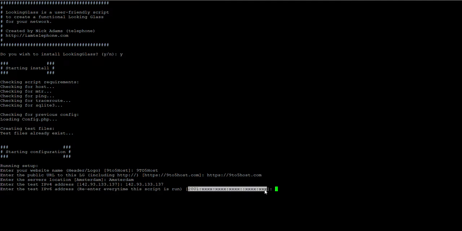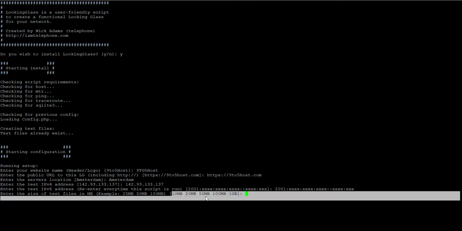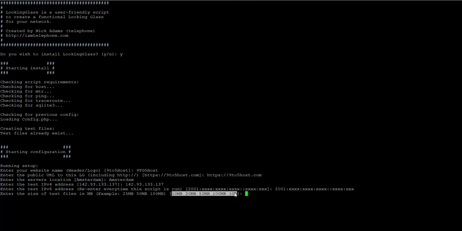If you are not aware of IPv6 guys, you can just skip this. That's optional, no problem. Yes, I want 10 MB, 20, 50, 100, and this is something which you can give as per your needs. I don't want to limit any user for this particular test.